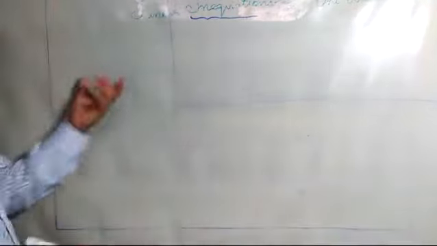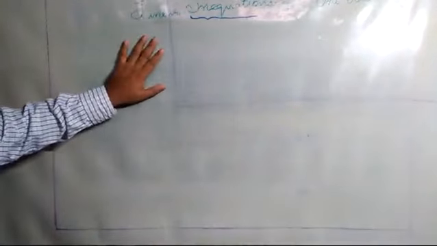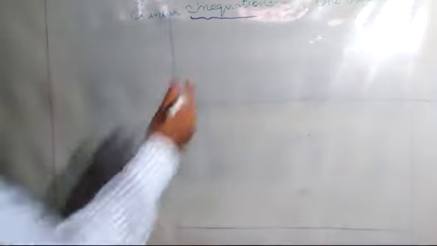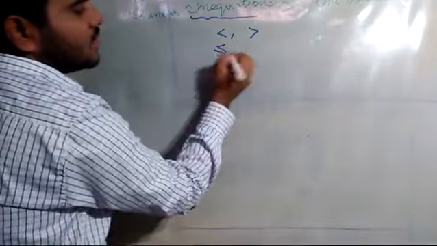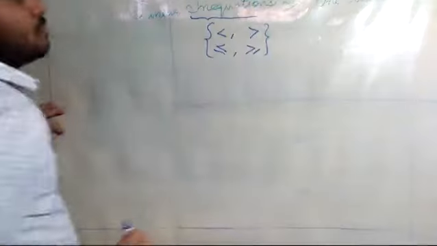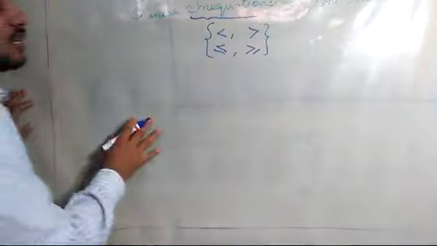As I have told you, in case of an equation where we use the equal to symbol, the solution is strict and unique. Whereas when we use inequality symbols, that is less than, greater than, less than or equal to, greater than or equal to, the solution is non-strict. I hope all of you are familiar with these four symbols. You must have seen all these symbols in classes 6 and 7, in lower classes.